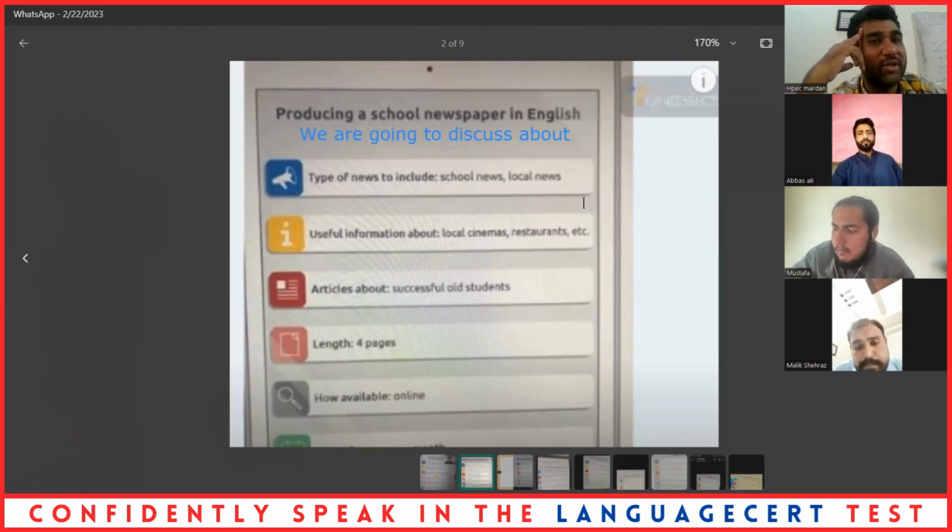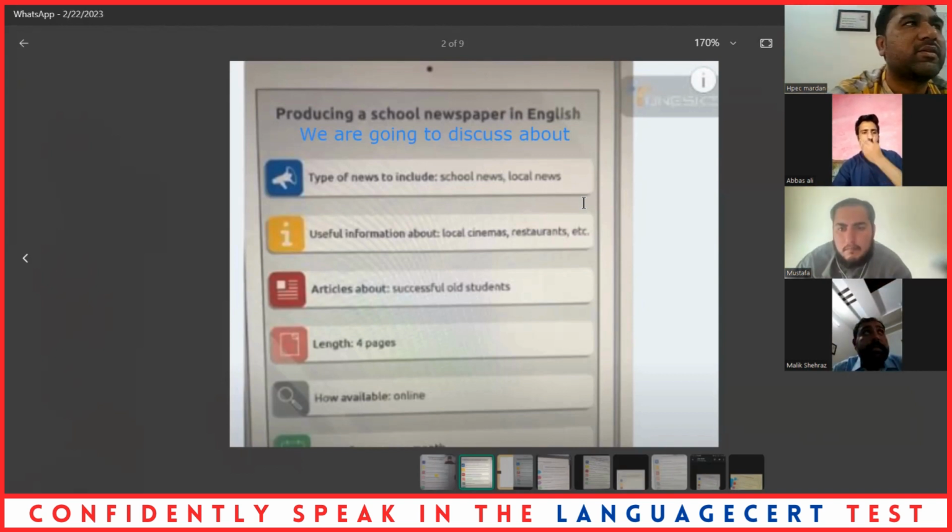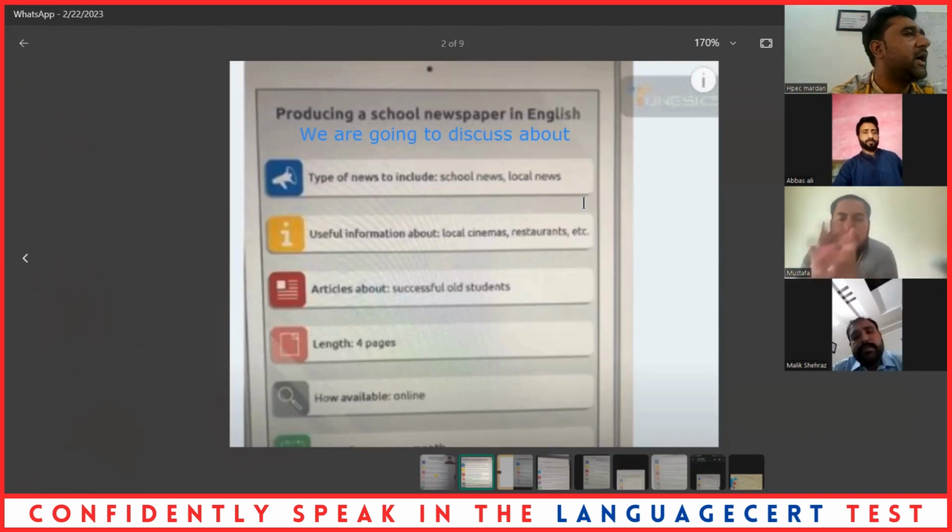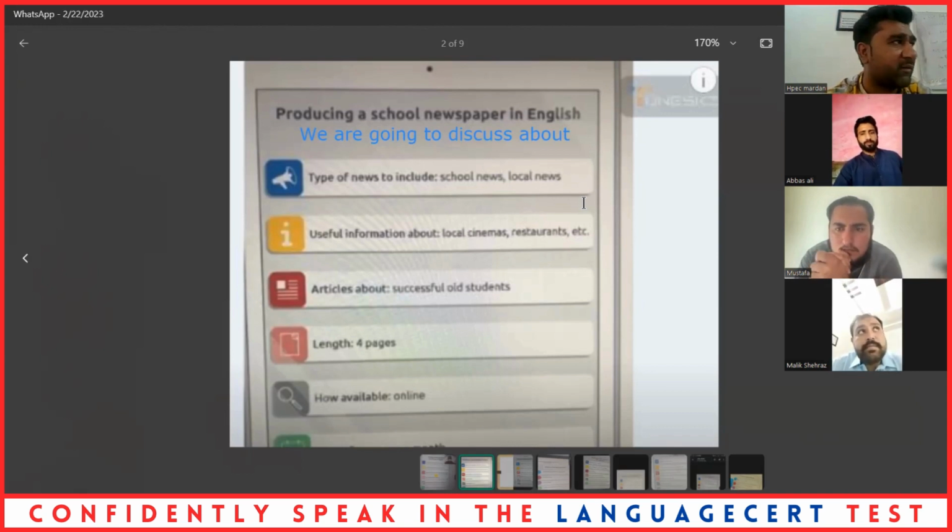Then he or she may ask you, what do you think about the availability of the newspaper? I think it should be published on paper. What would be your answer? No, it should be online, because if we make it online, people may find it easier, because every person has a mobile in their pocket and they can take it out and read wherever they want. Then the last one, I think the last one is not here with you. What is the last point?